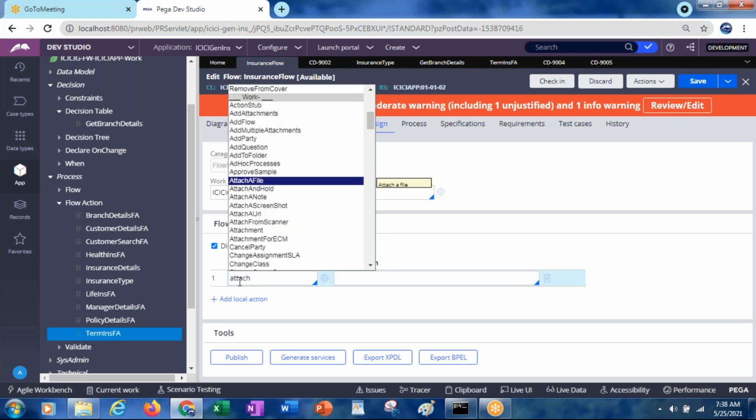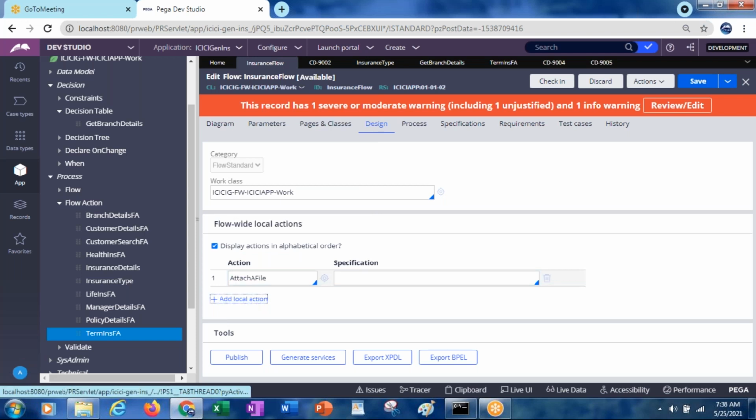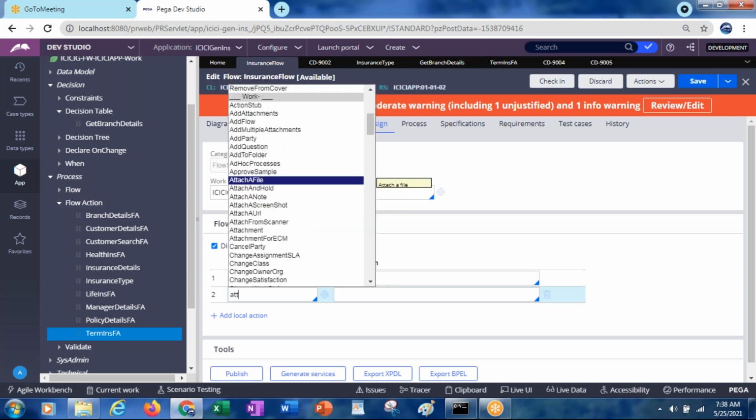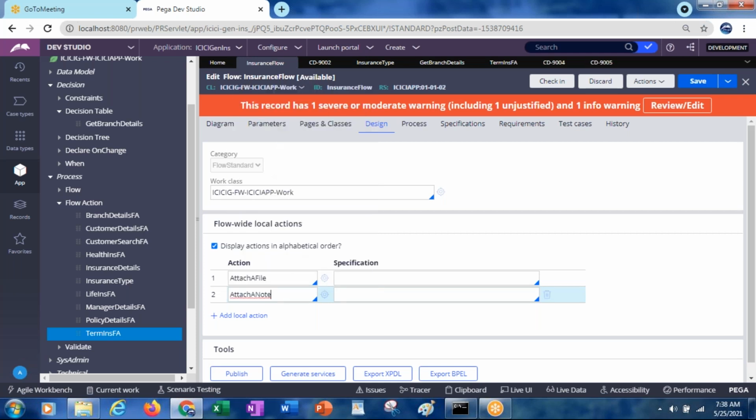Attach a file. Attach a note. So like that, I have given 2 local actions.